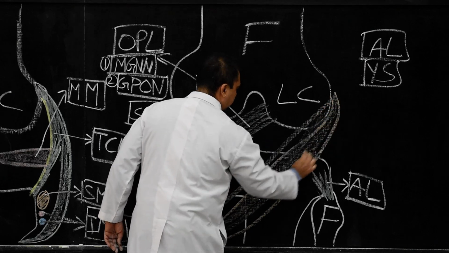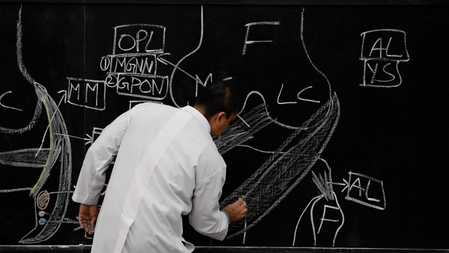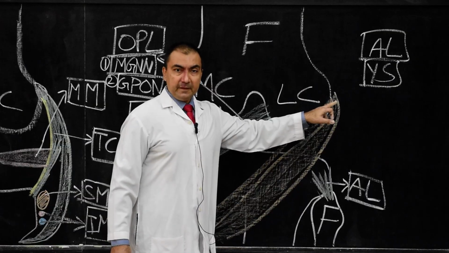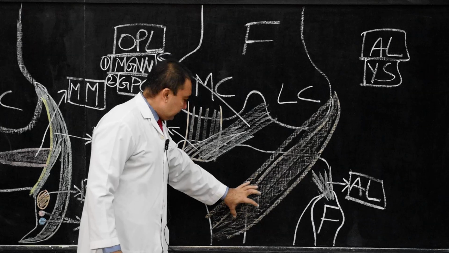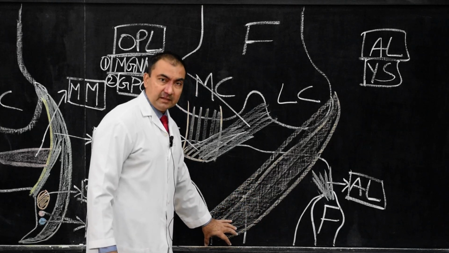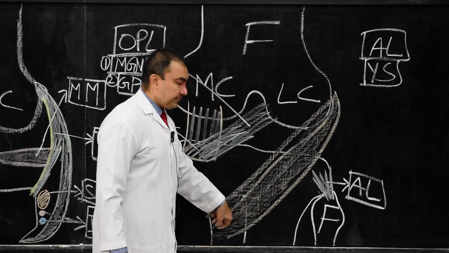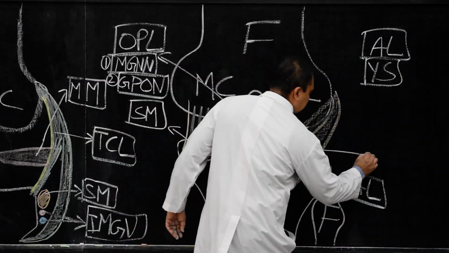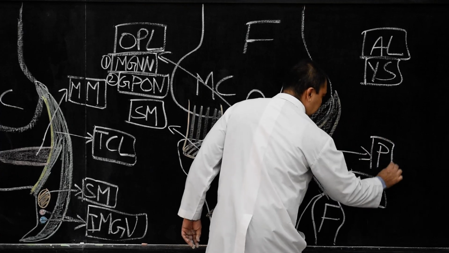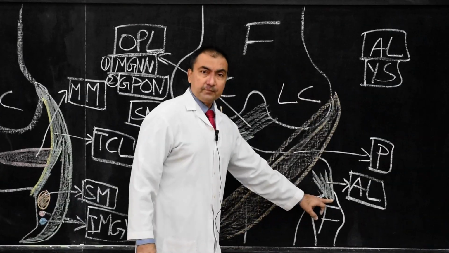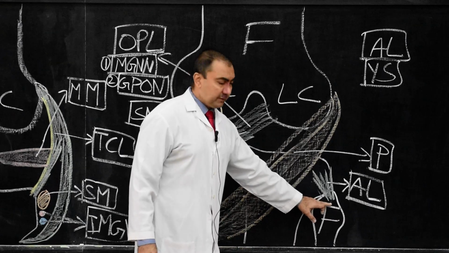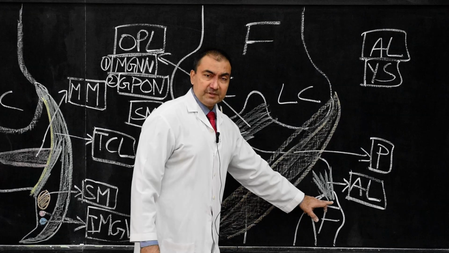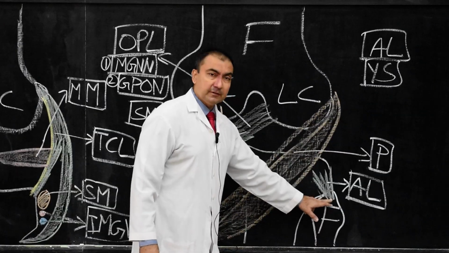It is taking origin from the popliteal groove, which is present just below the lateral epicondyle of the femur. And this popliteus muscle will be inserted on the tibia. It is directed downwards and medially, popliteus muscle. So here we are going to mark this as the popliteus muscle. It is attached to the apex of the head of the fibula, that is the stem of the Y. The stem of arcuate ligament, which is Y-shaped, is attached to the apex of the fibula.